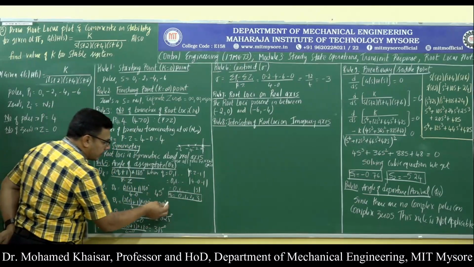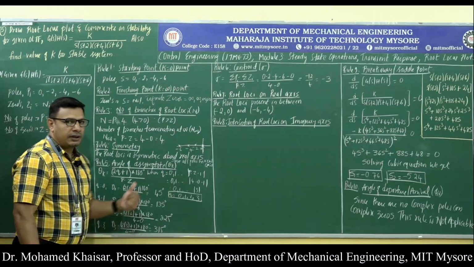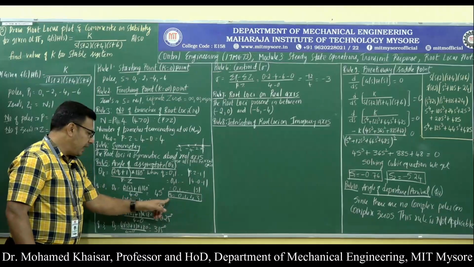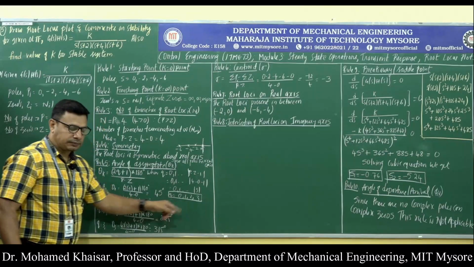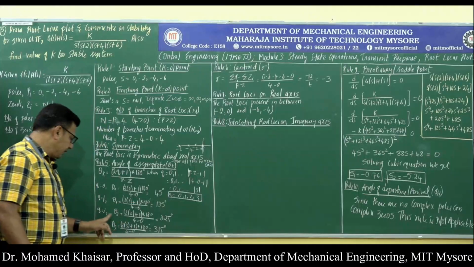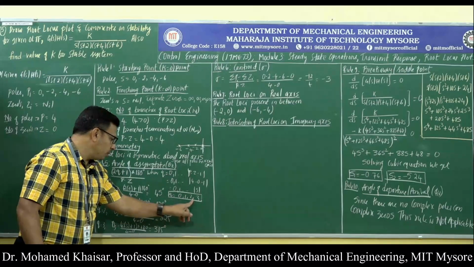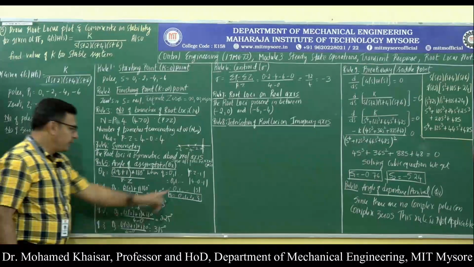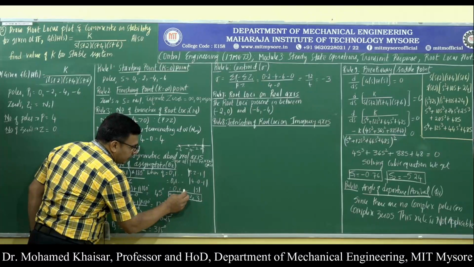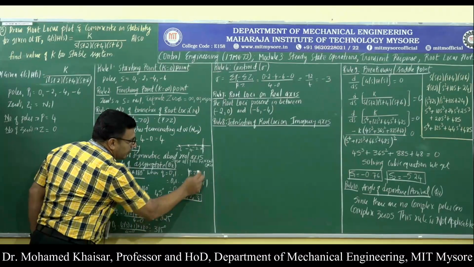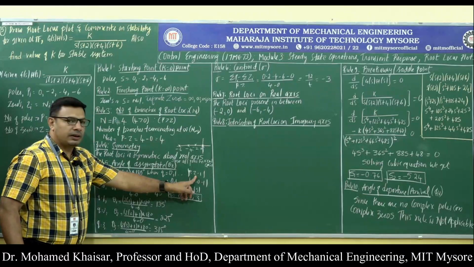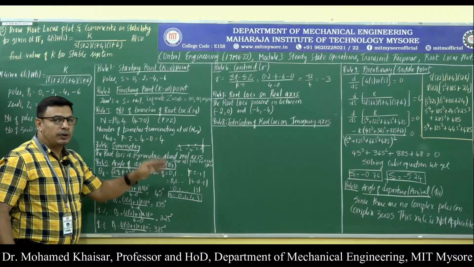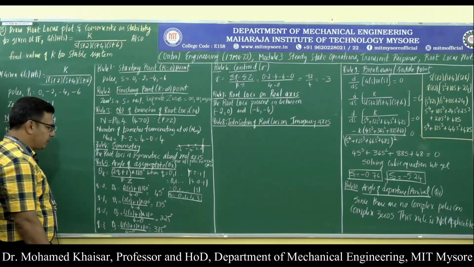That means we have to give the values of q as follows: theta 0 has to be calculated with q as 0, theta 1 with q as 1, theta 2 with q as 2, theta 3 with q as 3. Why? Because 0, 1, 2 etc. goes up to the modulus of P minus Z. Whatever value is attained here, we go up to that value starting from 0. That is how we have to use this.